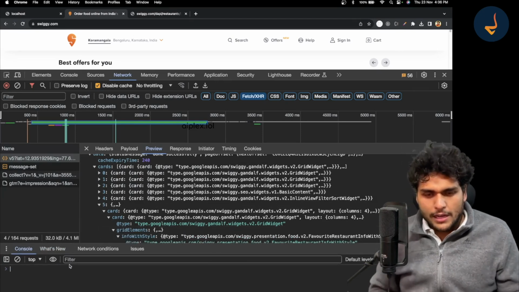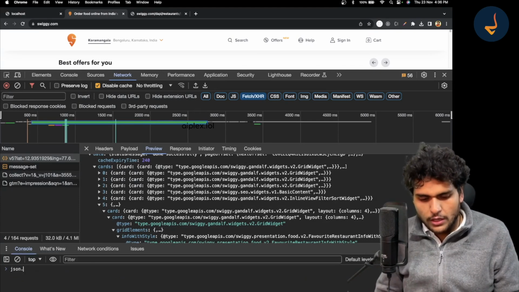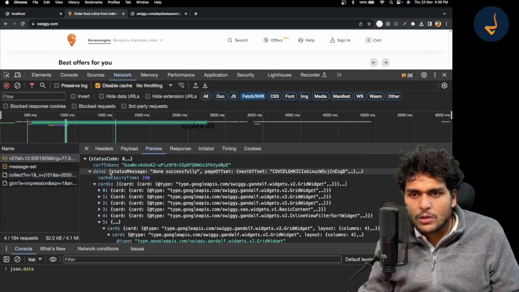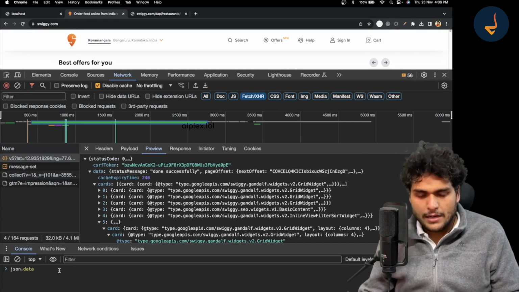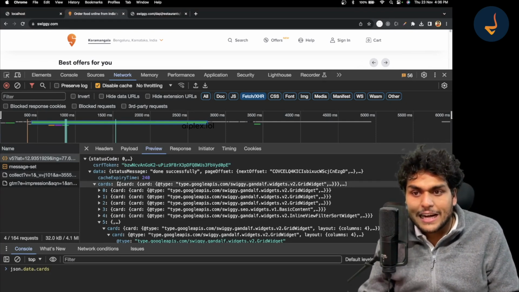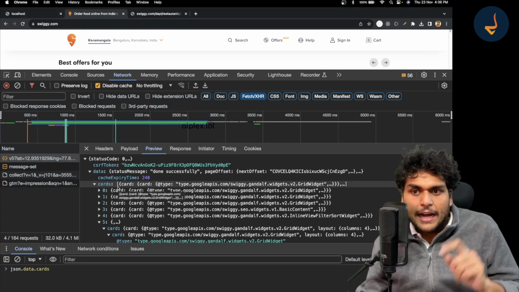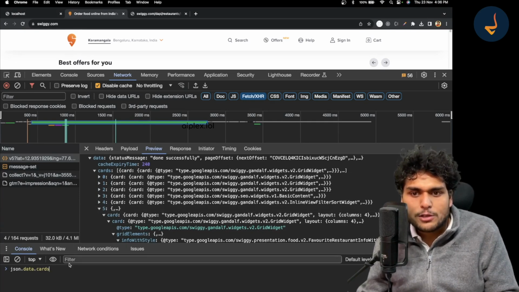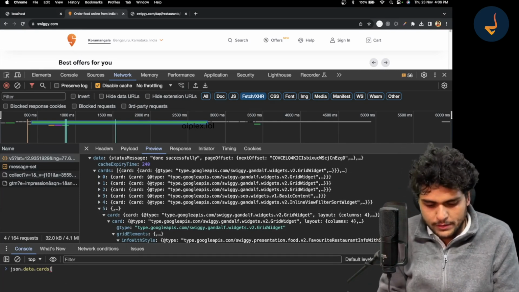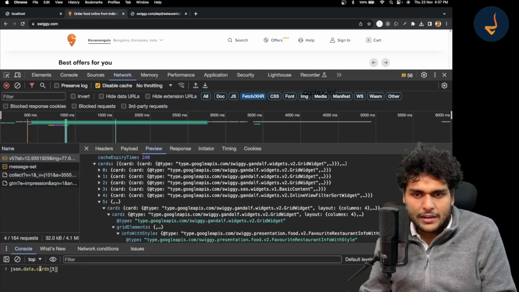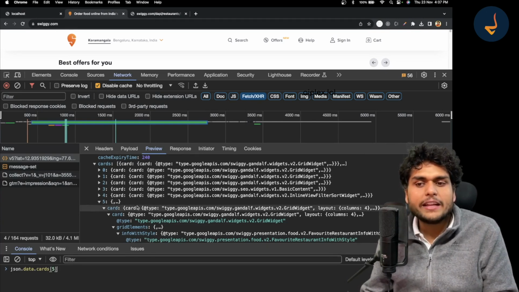Basically, we are doing something like JSON.data. If I do JSON.data, it will give me this object, but we need JSON.data.cards. Now this cards is a list; cards is an array. I am only concerned about the sixth object, which has index 5. So I will do cards of 5. I want to show you how to write this whole path, how to find the data.